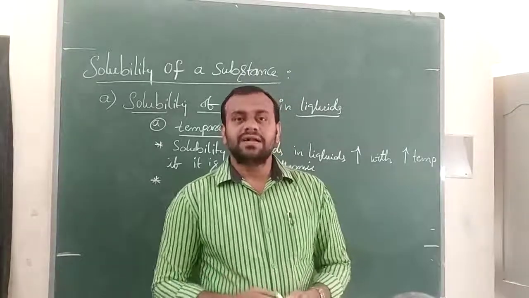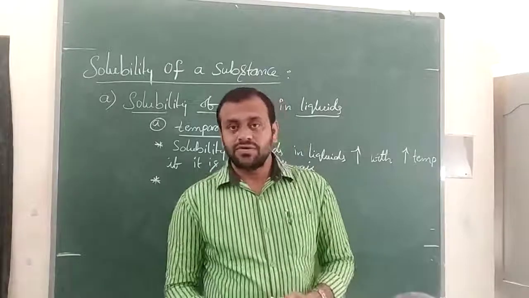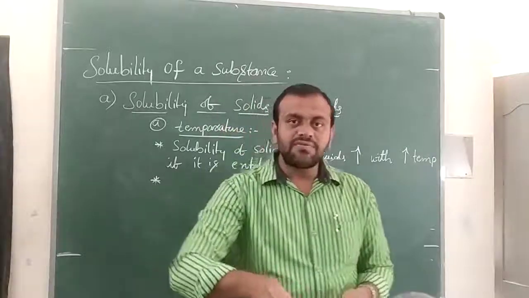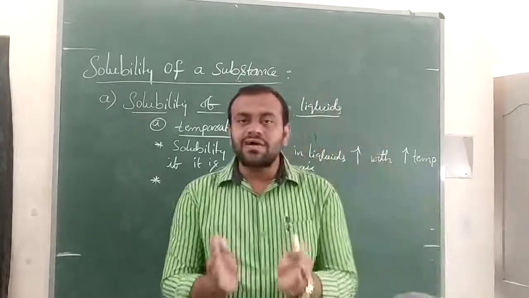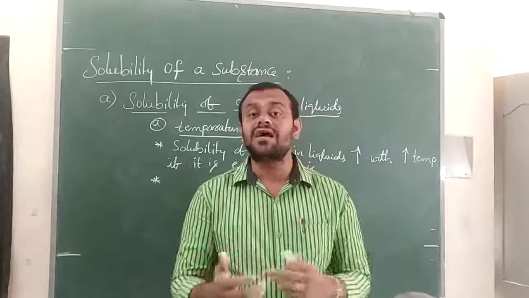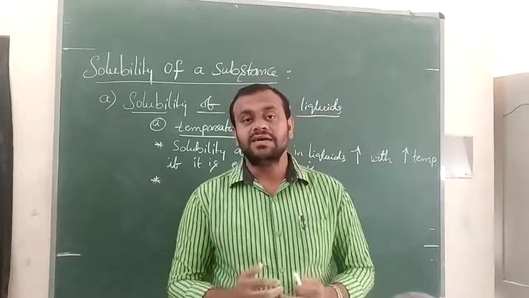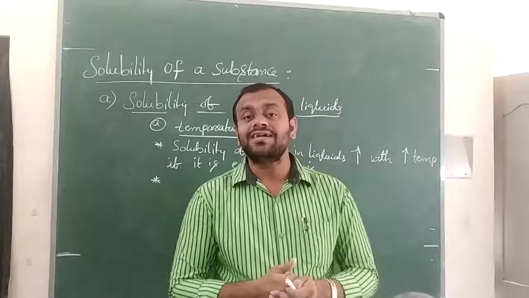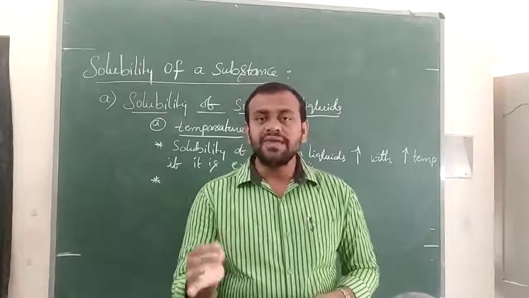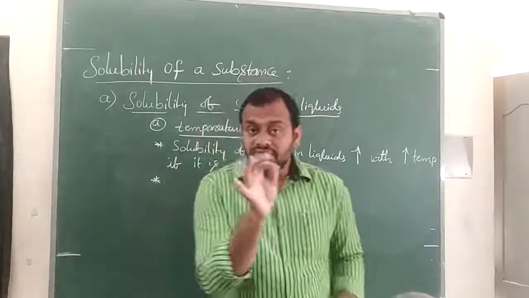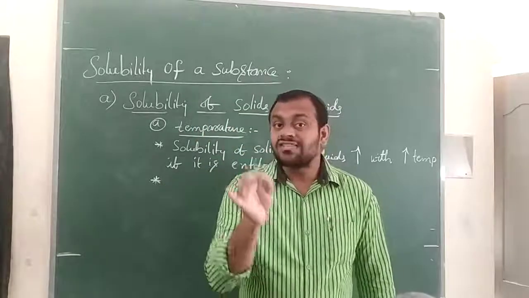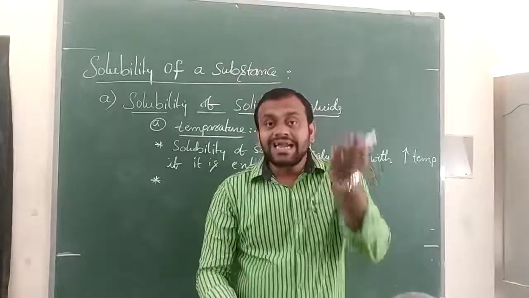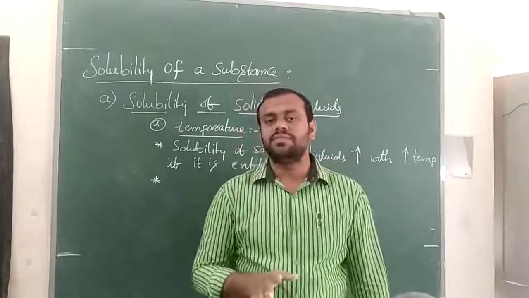Heat will be liberated. Or for whitewashing, what do we use? Calcium oxide, quicklime. Quicklime is dissolved in water. So during that reaction, what happens? Heat is liberated. Heat is not absorbed there. So if heat is liberated, then the reactions are said to be what kind of reactions? Exothermic reactions. So if the dissolution is exothermic, then the solubility decreases with increase in temperature. You should remember this main point.